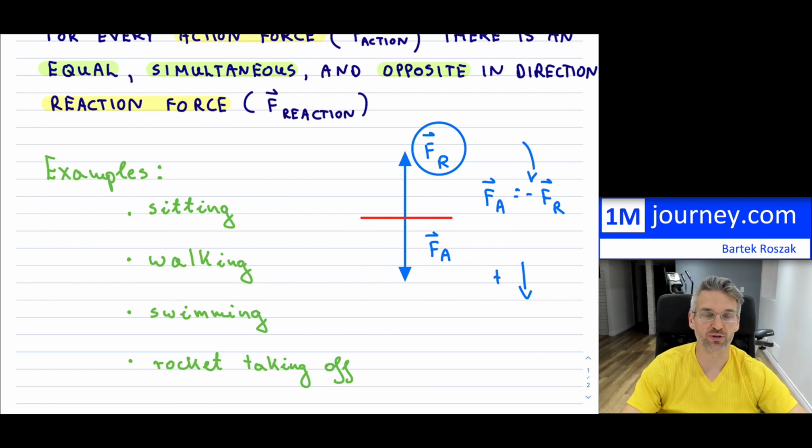If you want to ensure that it's a vector, you do need that negative just to let the reader know that it is in the opposite direction of whatever you choose to be positive for that action. So that's sitting, and that is any action that you will take, right? And where there is really no motion, no acceleration which is caused,